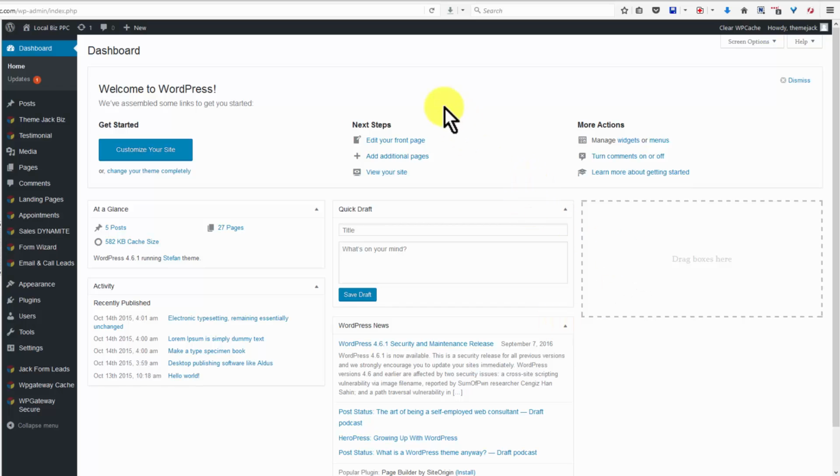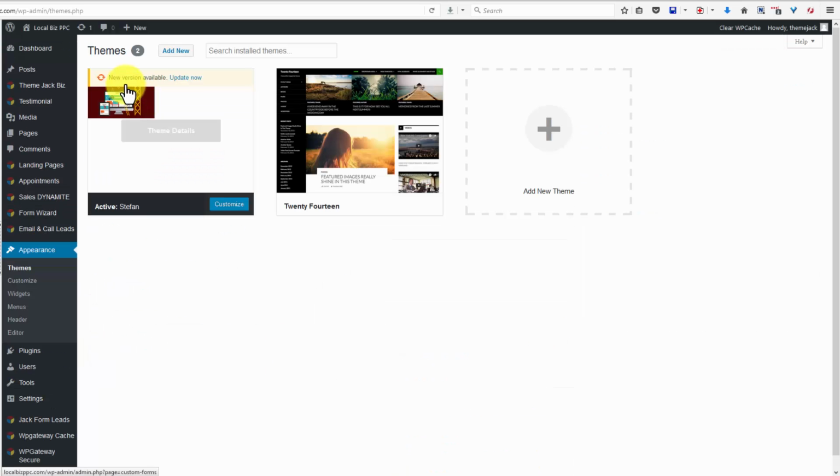Okay, this tutorial is, to the best of my ability, going to be a relatively brief overview of some of the basic settings in setting up your local ThemeJack themes. And as always, the first thing you do when you log in is click on Appearance, Themes,